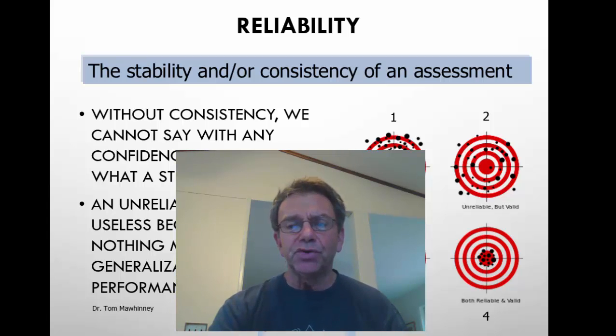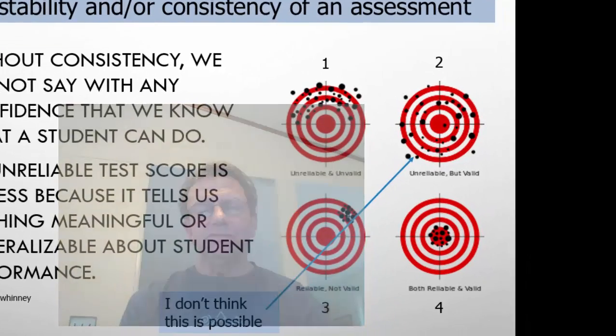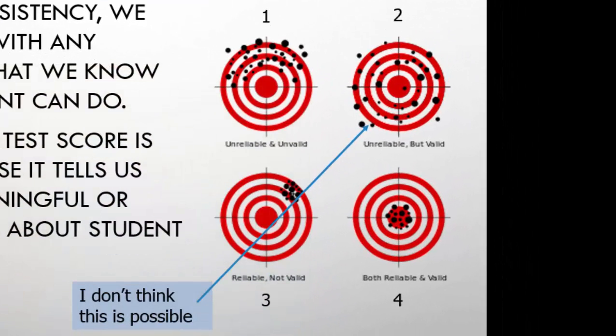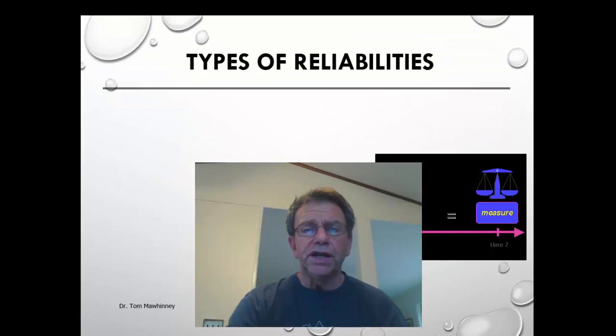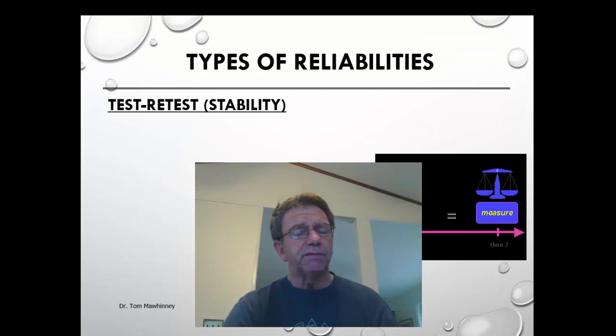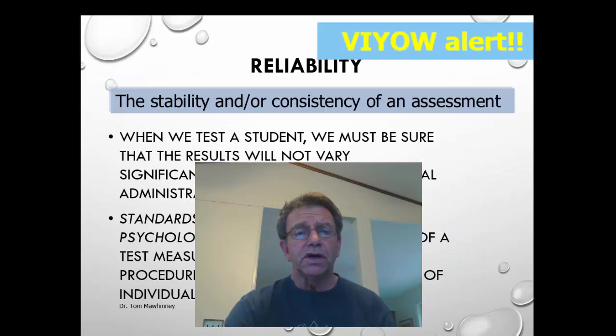This one, number 2, I don't think that's possible, because as you'll see when we get into validity, if you create a valid test, it's going to be reliable. So anyway, we'll move on here and talk about the types of reliabilities. And that definition that I gave you a couple places ago,